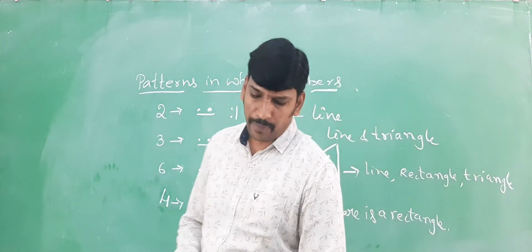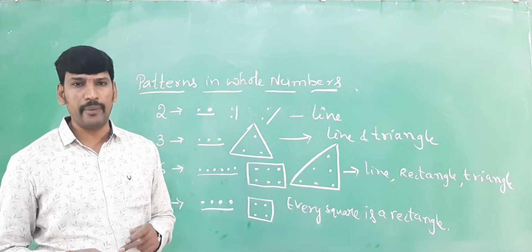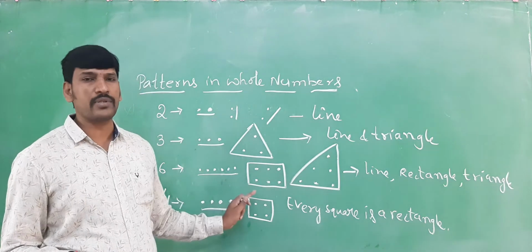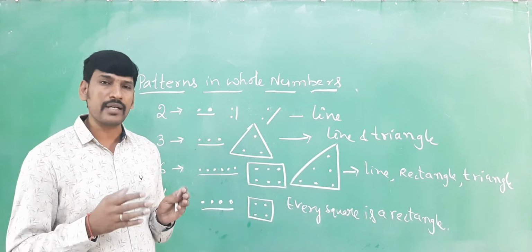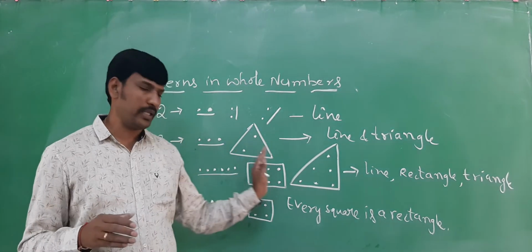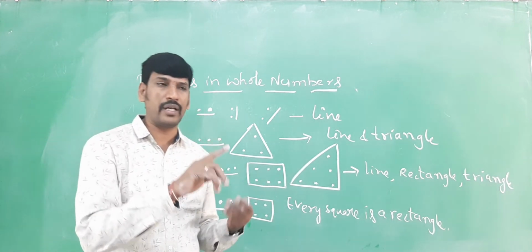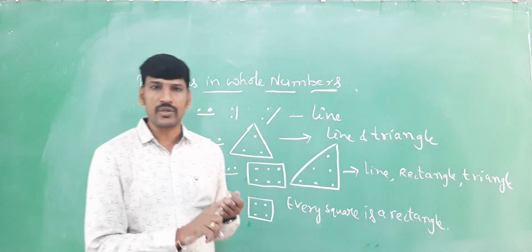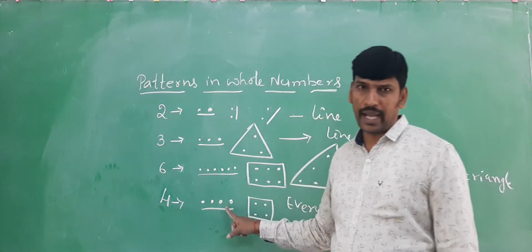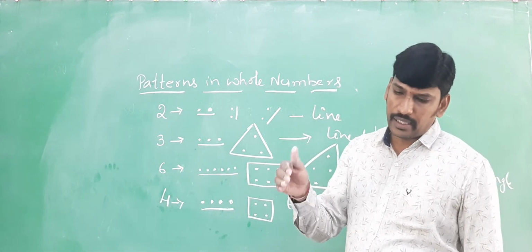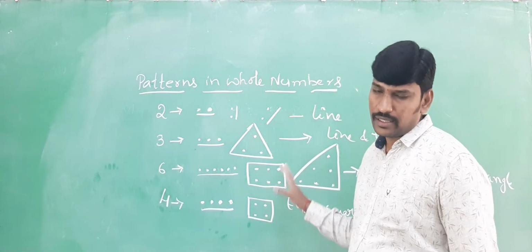Okay, children. On page number 42, there is a table. Complete the table by drawing the shapes of these numbers. They have given from 2 to 13. Please take each and every number and draw the shapes by using the dots. Then see which shape you get. Only 4 shapes: a line, a rectangle, a square and a triangle. For every number we can compulsorily form a line. Now see which numbers will form a square, as well as a rectangle and a triangle.